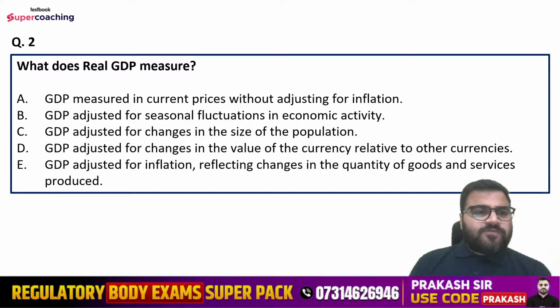Question number second is, what does real GDP measure? Options are GDP measured in current prices without adjusting for inflation, GDP adjusted for seasonal fluctuations in economic activity, GDP adjusted for changes in the size of the population, GDP adjusted for changes in the value of the currency relative to other currencies, GDP adjusted for inflation reflecting changes in the quantity of goods and services produced. So tell me,